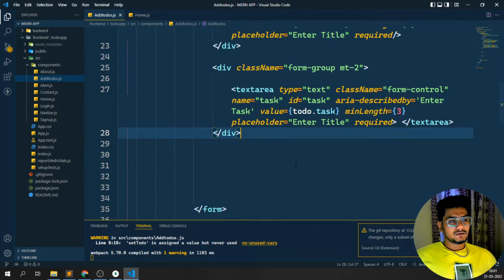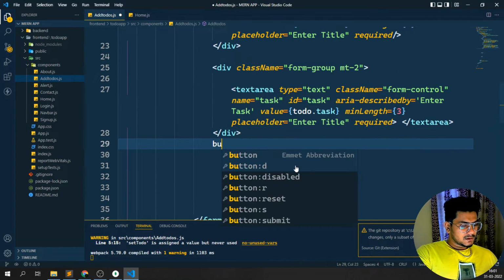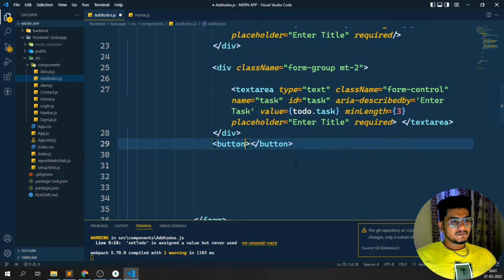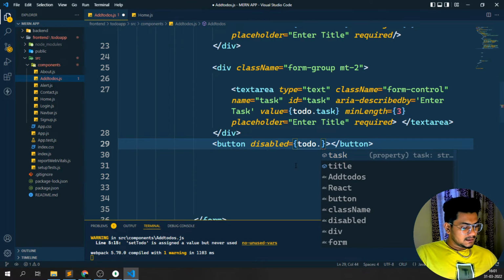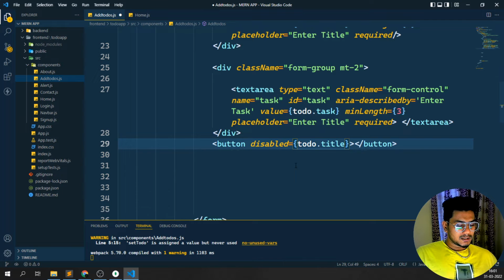So once that is taken, what is the last thing? The last thing is I need to have a button over here. So I need to have a button. What will the button be? It will be disabled until the form is complete. I'll just write disabled, and check here if to do dot title dot length